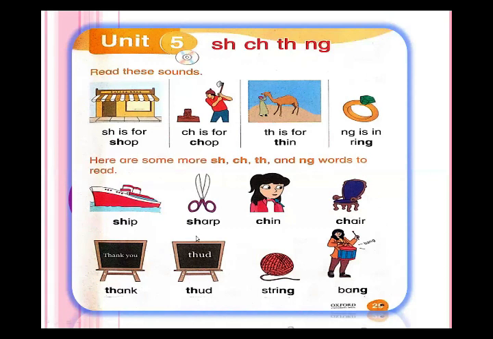Is it the name of this object? No, it is not the name of this object. This object is called scissor. But the blades, the edges of the scissor, are very sharp. You can see these are the edges, the blades of the scissors. These are very sharp. So here it is mentioned scissor can be sharp. Now look here, sharp for sharp.